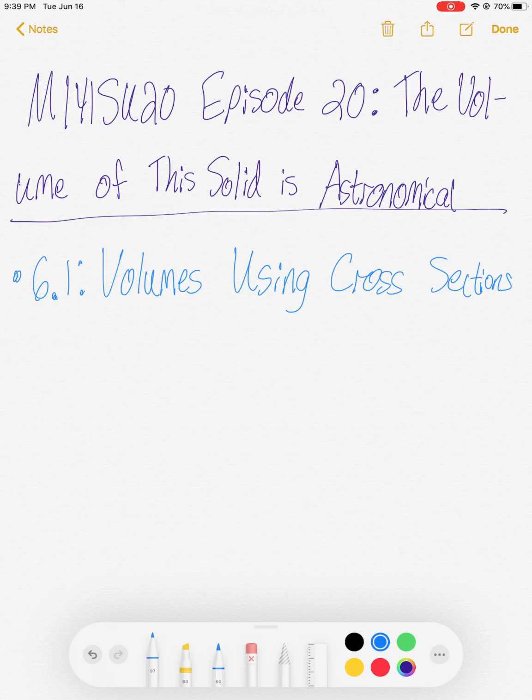Today, we are going to be looking at volumes using cross sections, and in particular, the volume of this solid